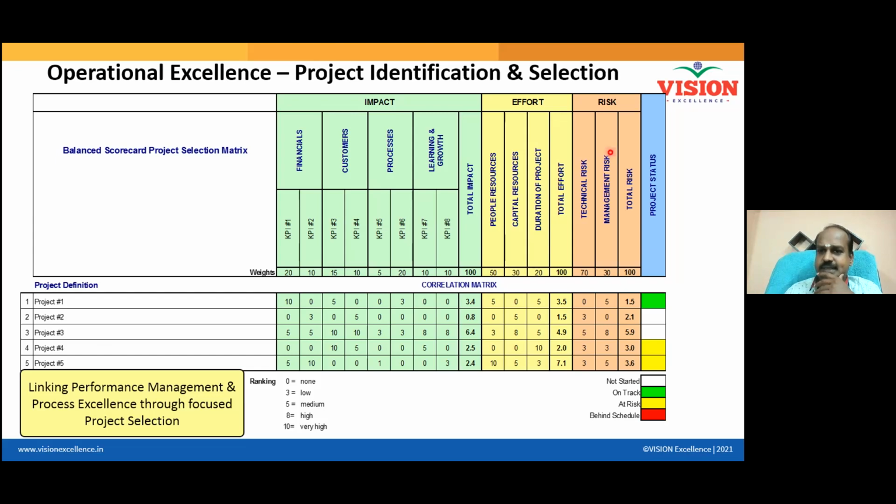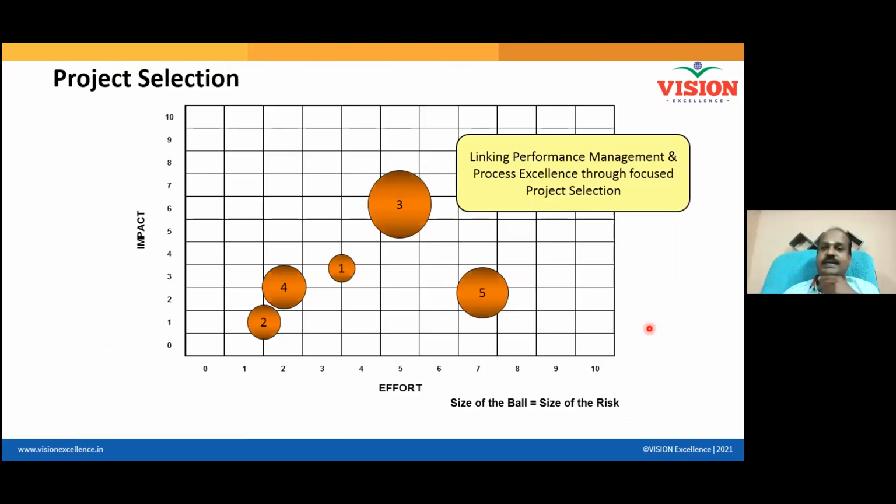Now the risk associated. Are there any technical risks? I run the project and then I get stuck in the middle. And then managerial risk, and then total risk. So the risk is also quantified. Now, which project comes with more risk? Probably this 5.9, project 3. This is how you need to list the projects. You need to prioritize the projects, and only then should you create a plan. So which one should we execute first? We will visualize the results like this.